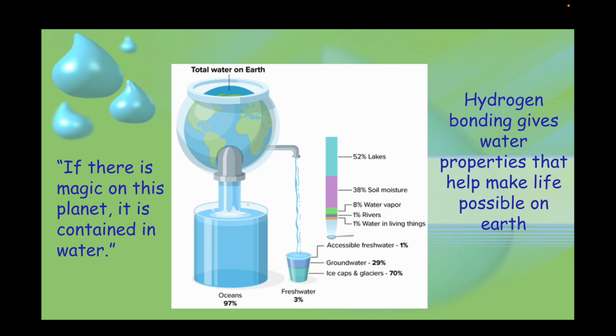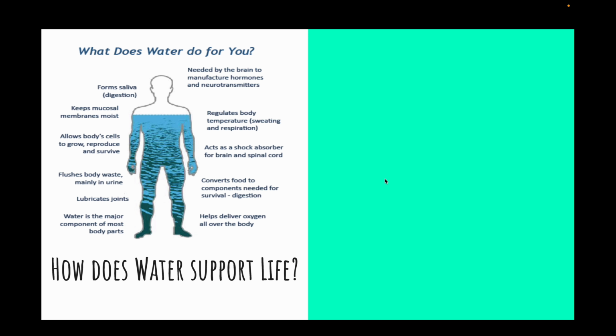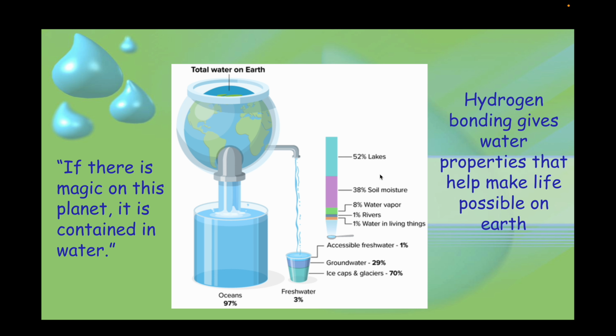And so our main topic and our main theme today is going to be hydrogen bonding and why hydrogen bonding gives water properties that help make life possible on Earth. And so this is due to the polarity that allows water to form hydrogen bonds, remember? And so again, water is polar. It has a partial negative. Oxygen is electronegative. And it has a partial positive, which is hydrogen. And so this polarity allows it to